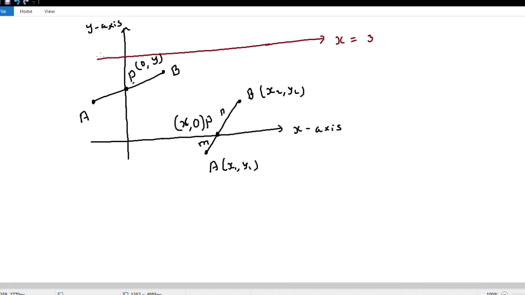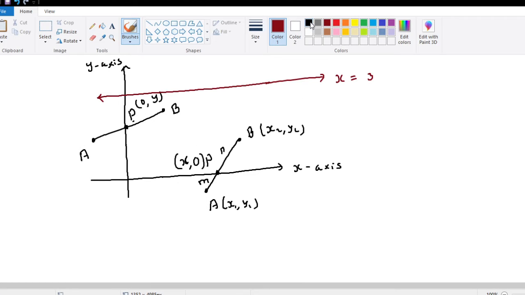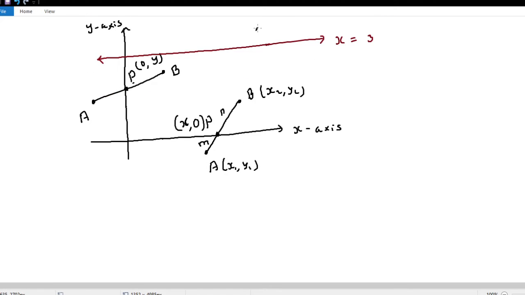Say it is parallel to the x-axis at 3 units above it, say x equal to 3. And say we again have a segment AB like this, and x equal to 3 is cutting AB, and the question is in what ratio it is going to cut it. So finding the ratio is the second part, but when you are choosing this point P, then the x coordinate of point P will be 3 and the y coordinate is unknown.